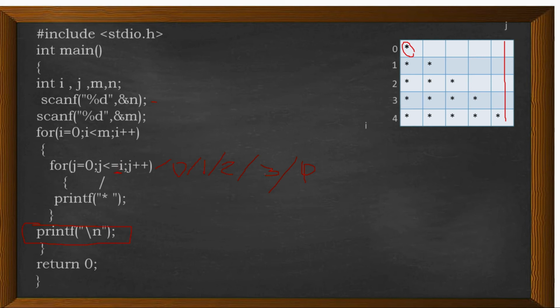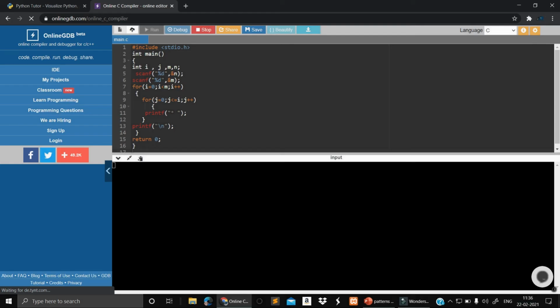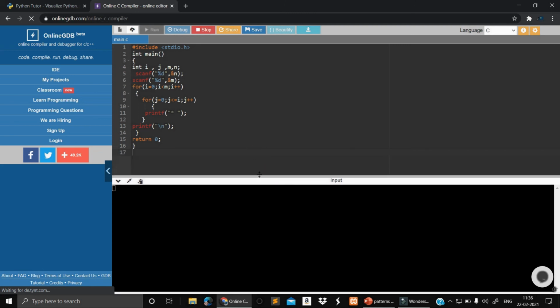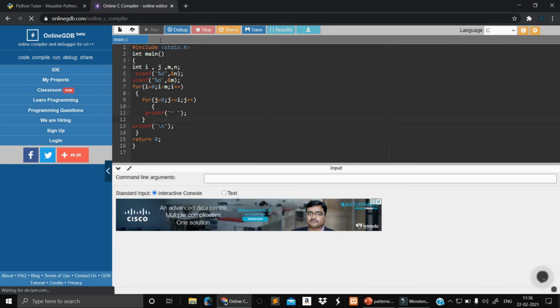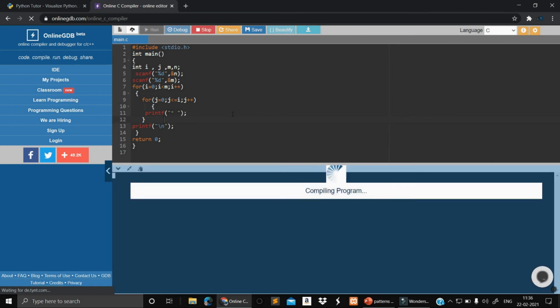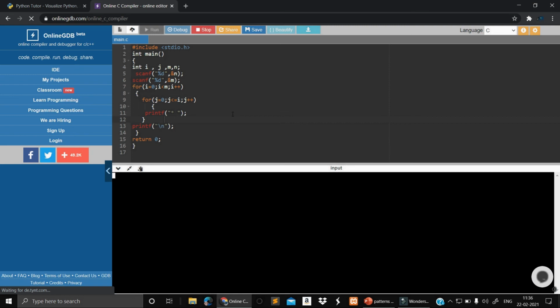So let me explain this in live mode, so you can understand. You can see here I have put the code in an online compiler. I'm going to execute this code. Stop this one and run. I want 5 rows as well as 5 columns, right?